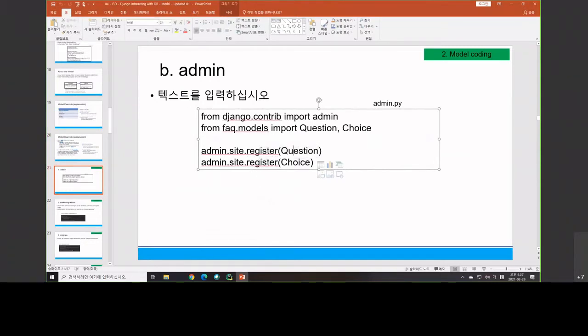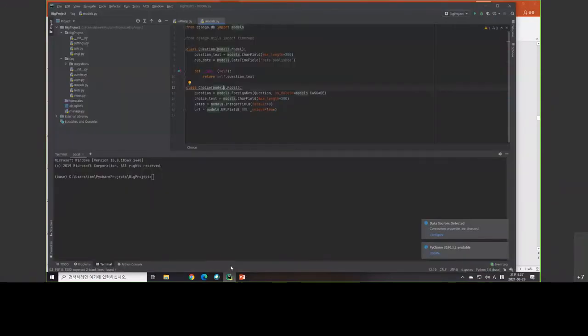I want to register the question. I want to register the choice. So we have two tables, and then we want to register them to the admin page. So we will do the admin page soon. You can just copy and paste this one. So you can copy this code, and then you go to your PyCharm,